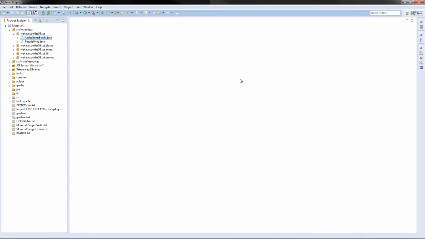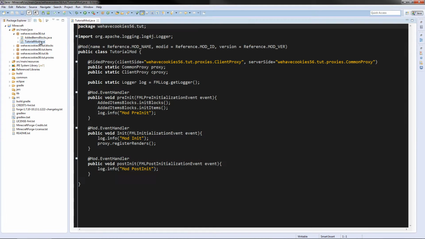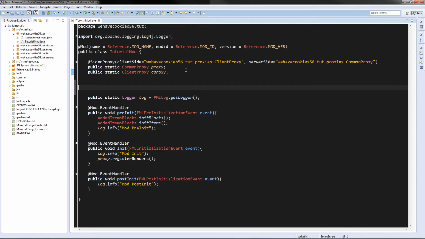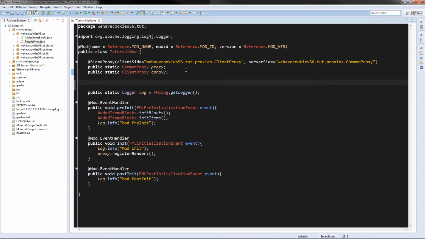In this tutorial, we are doing creative tabs, configs, and recipes, although we'll probably do configs last. So we'll do creative tabs now. First of all, in our main mod file, we need to make our creative tabs. So public static CreativeTabs,